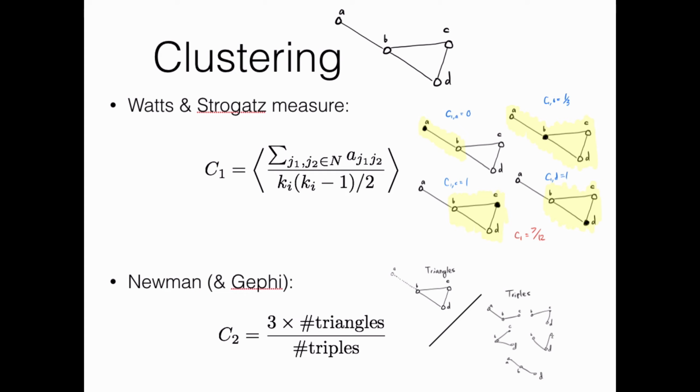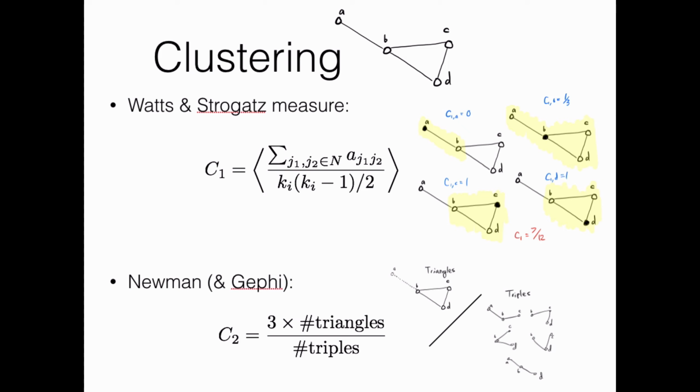Another thing to look at is clustering. There are two different ways to compute clustering. Gephi computes them a second way, which is a global measure. The first measure is the Watts and Strogatz measure. This is from one of their original papers, and here you're considering the average over the whole network of a locally computed quantity. Right next to clustering, we've got an example network, and for the C1 coefficient, you're